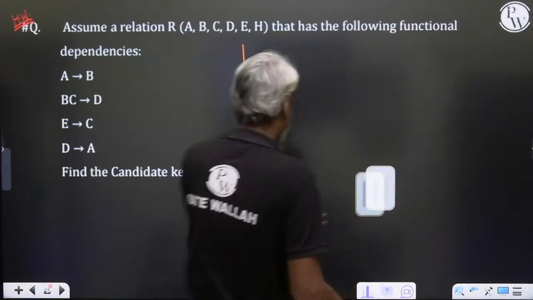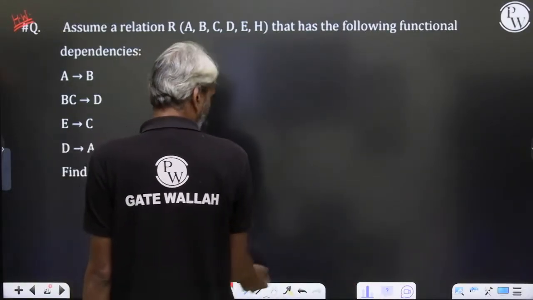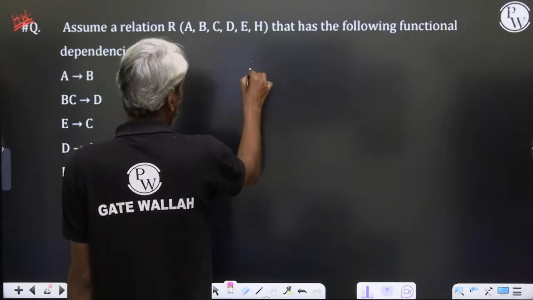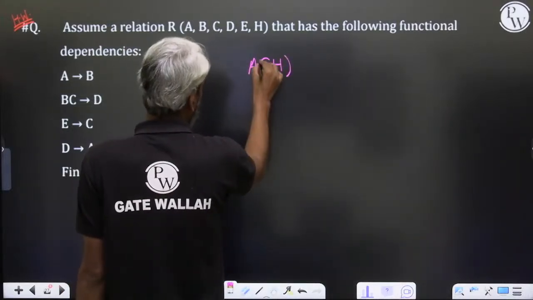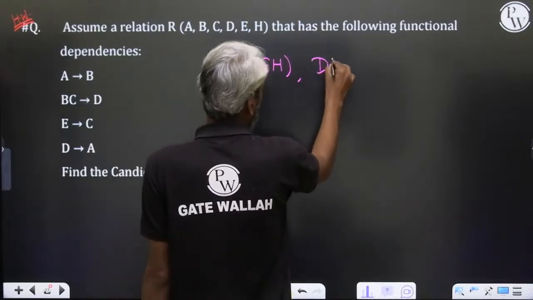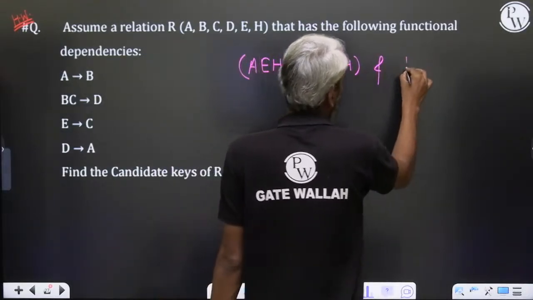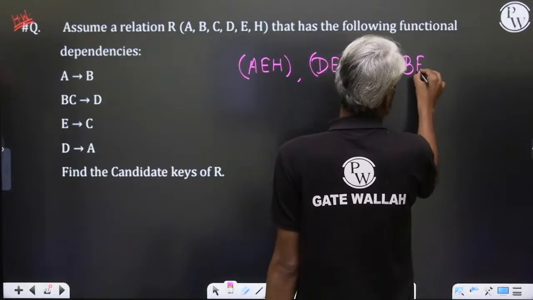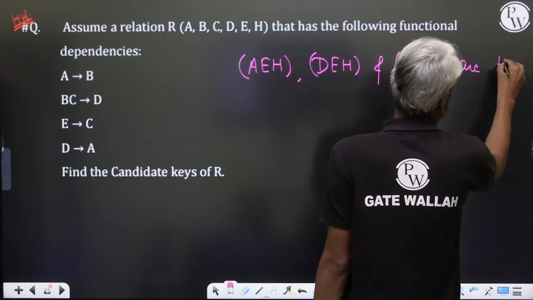Is there any other candidate keys possible? No, sir. So AH, BEH and BEH are the only three candidate keys